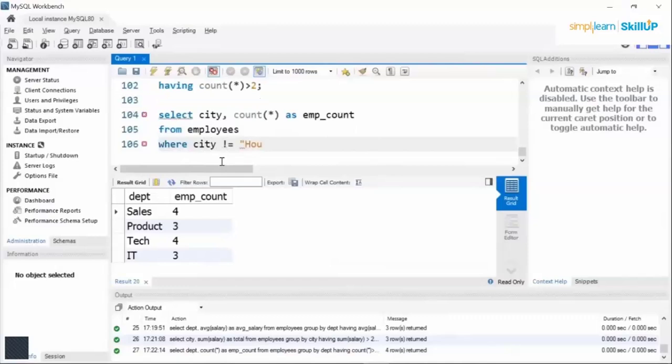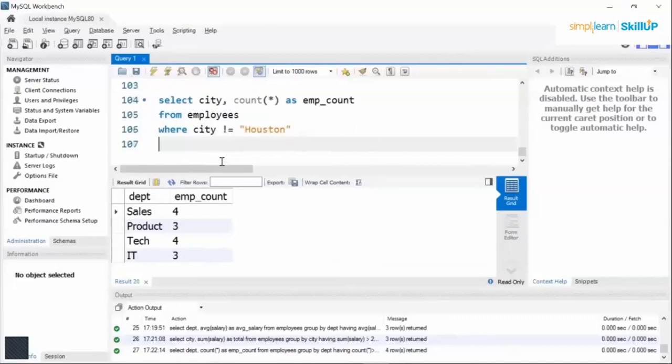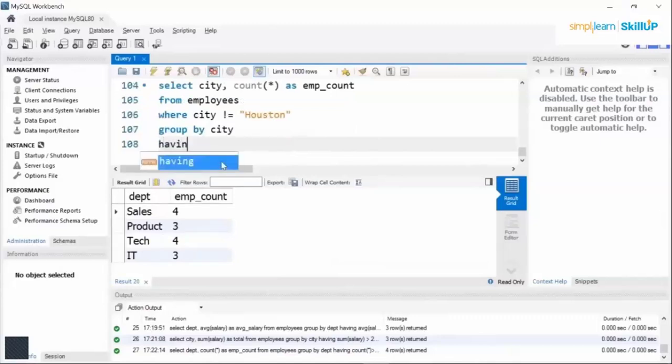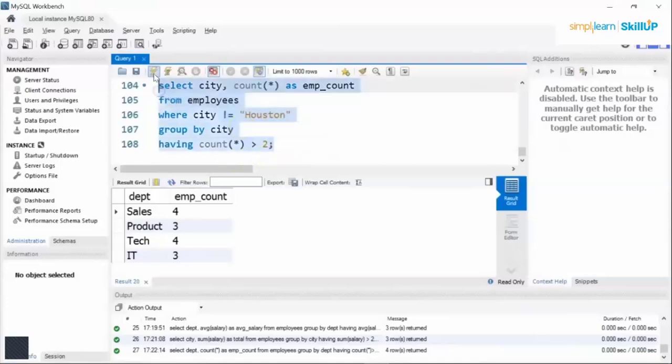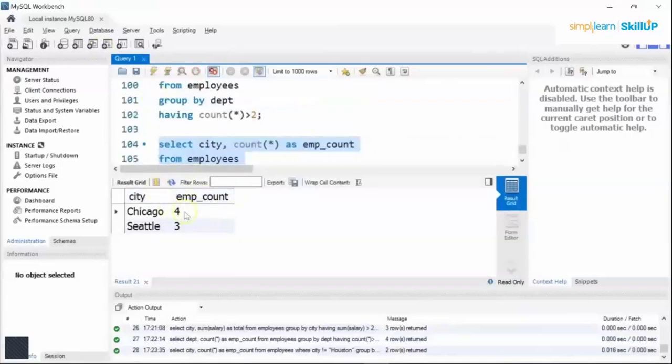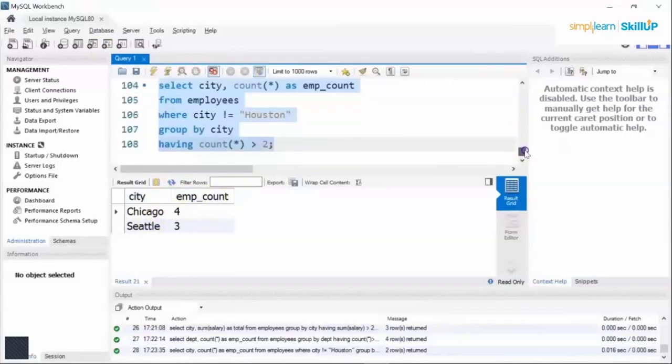I'll put it in double quotes since I don't want to see the information regarding Houston. I'll group it by city, having count of employees greater than 2. So if I run this query, you see we have information for Chicago and Seattle only, and we have excluded